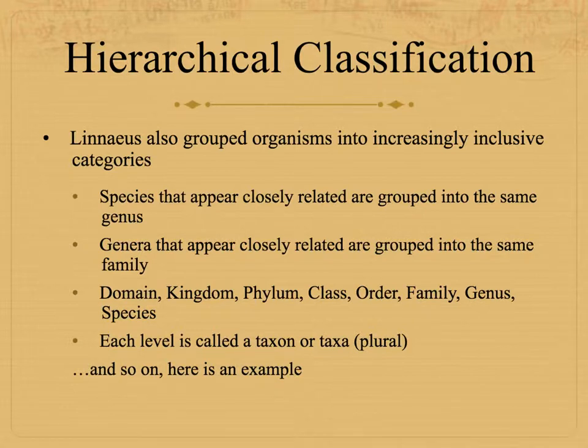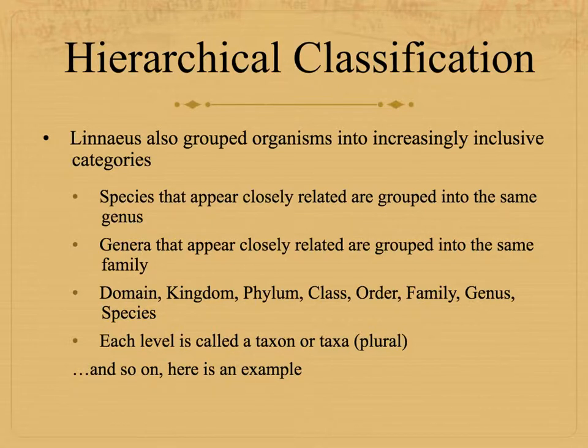And you could look at this as getting more exclusive if we go from domain to species, or what most scientists say is increasing inclusiveness when we go from species all the way up to domain. Species that are closely related are going to be grouped into the same genus. Genera, which is the plural of genus, that are closely related will be grouped into the same families. Families to orders, orders to classes, similar classes to phyla, similar phyla to kingdom, and then finally similar kingdoms